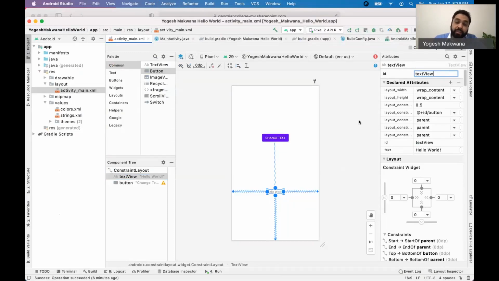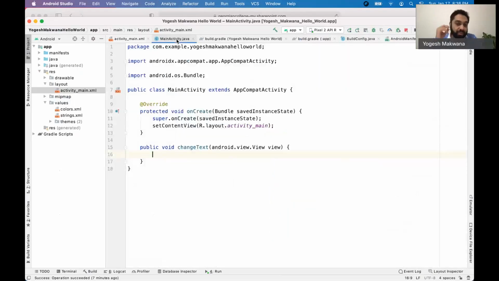If we ask from our app, hey, layout manager, do you have an element with this ID, text view? If you do, I want a pointer to it. I want a reference to it because I want to change things on it. I want to change its text or its color and things like that. So that's what we are going to do here. To do that, we'll first declare